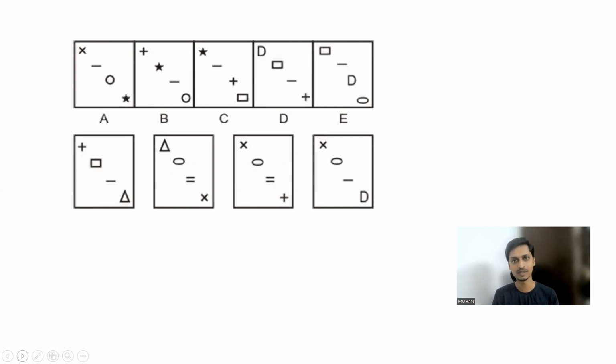So now this is our first question. A question from visual reasoning. Now see, you have five boxes A, B, C, D, E, and you have four boxes that are your answer options. You have to select which option will fit in the place of the question mark, which option will continue the series. Now, if you want to practice this problem, you can pause this video. And if you get the answer, please don't fail to put it in the comments below, right?